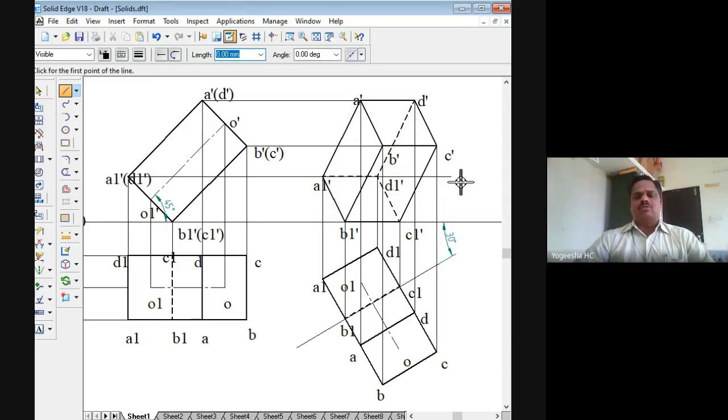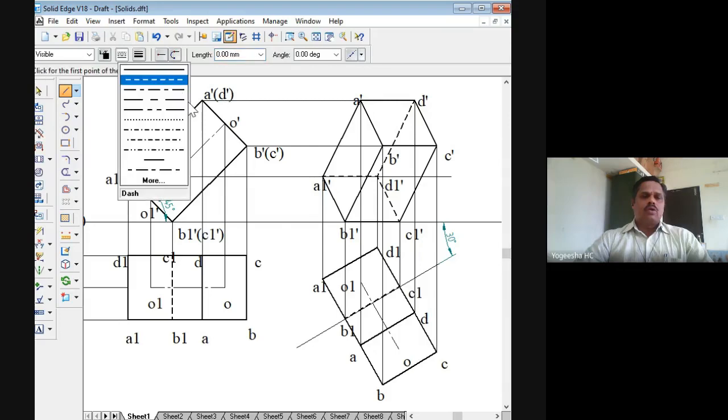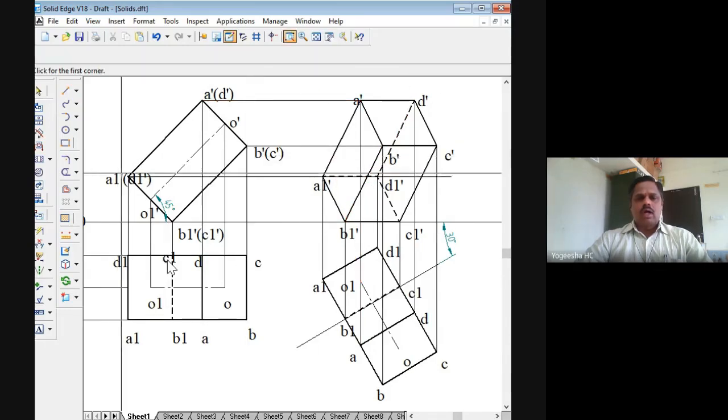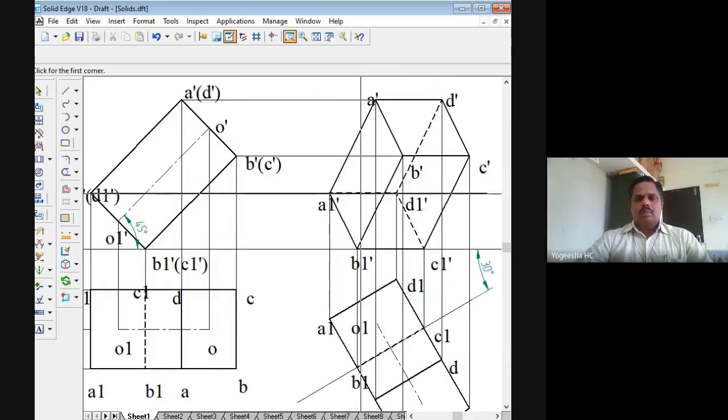Now we can visualize how this prism looks in the front view. The axis we have not marked yet, so now we have to mark the axis also. I will project the point O1 up to O dash here. So we have to draw a horizontal line here. I can zoom this area so that I can clearly get that point.